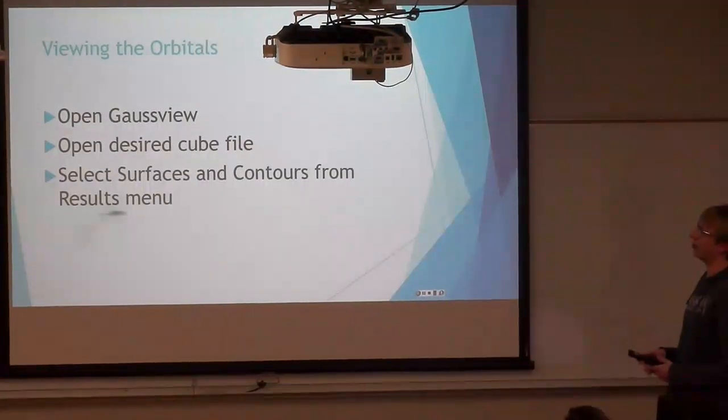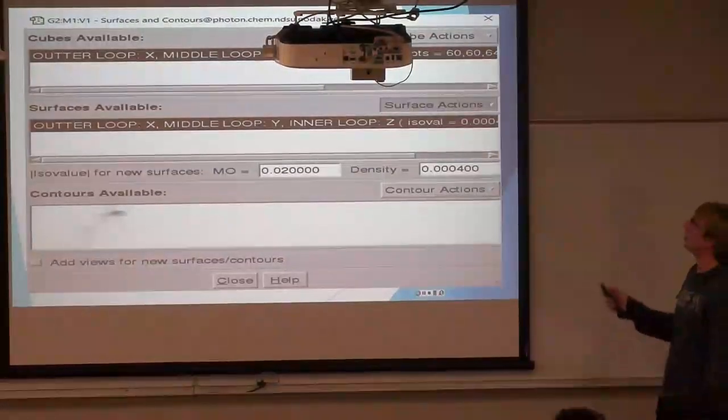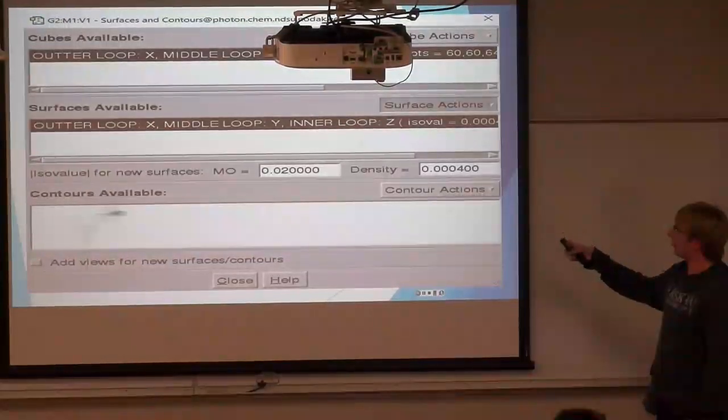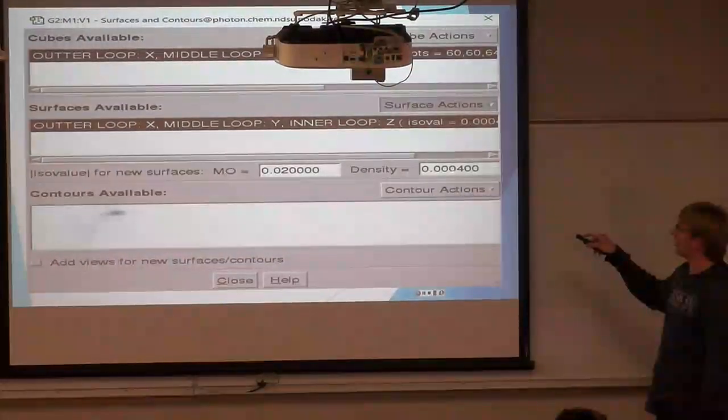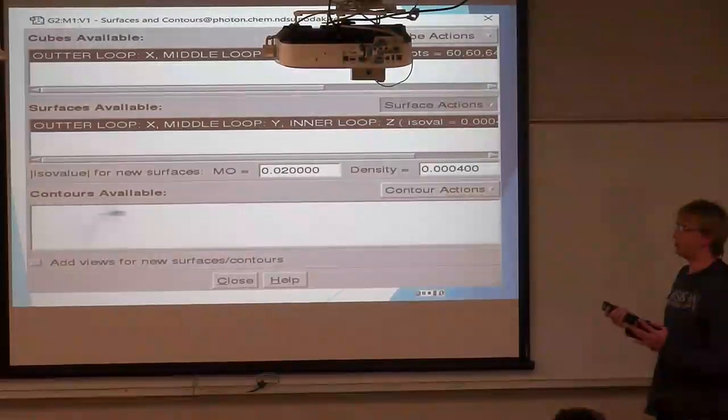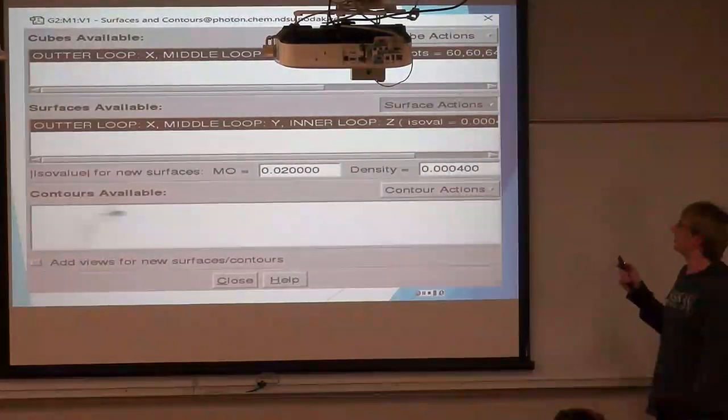which I'm not going to go over how to open Gausview again. I've done that enough. We just open whichever file we're looking at, and then in the results we go to select surfaces and contours. Once in there, we want to go down to the surfaces here, and I already have it open, but just drop that down, new surface, and it'll pop this up. You have to change the density a bit in order for you to visualize it well, because there's probably just a giant blob.